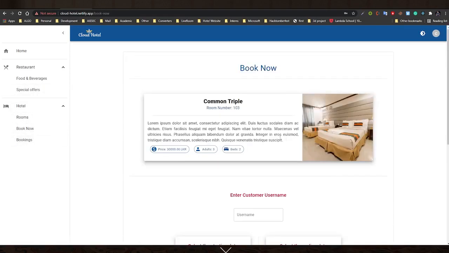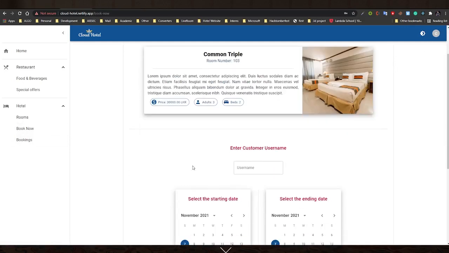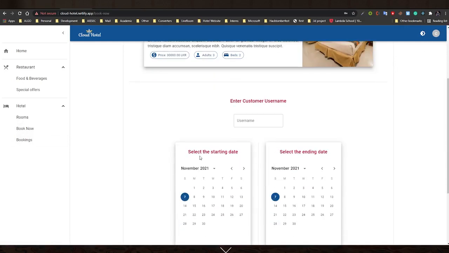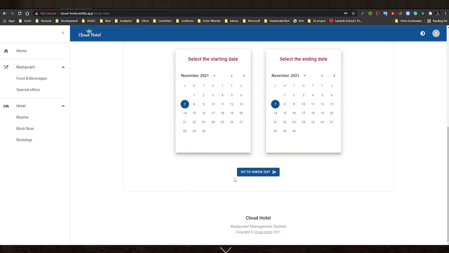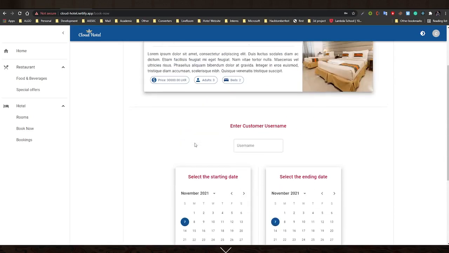Here, we have added a book now for the receptionist as well, in case the customers can directly come into the hotel and book the rooms by talking to the receptionist. In that case, the customer should create an account in this web app. If they have created one before, then they can give the username, so the receptionist can enter the username and select the dates, and similarly to the process that we have done before, the receptionist can go to the checkout and complete the reservation. So if I simply say the user that we have created before, which is the test user